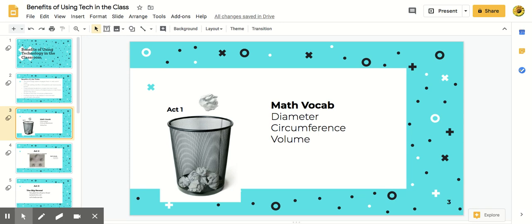They came up with the math vocabulary on their own, and I was able to see what they understood and what they did not understand based on what they noticed and what they wondered. So I could really frame the rest of the lesson around what they noticed. In Act 2,